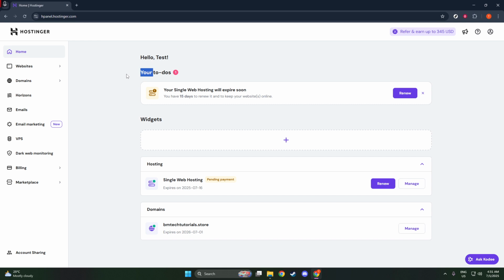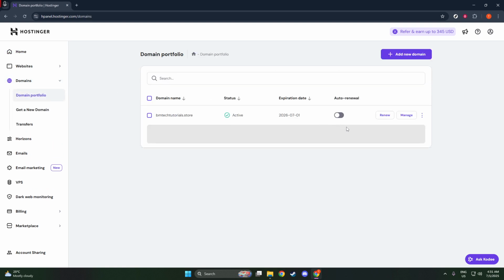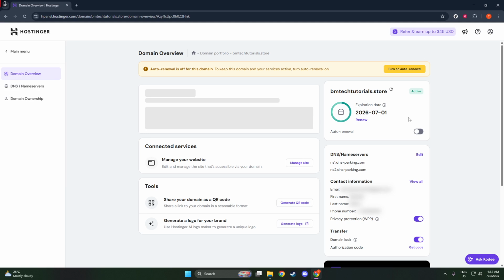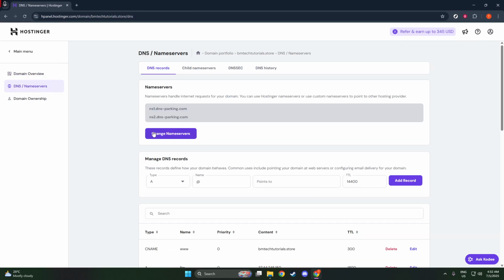If your domain comes with hosting, you'll want to navigate to the Websites section. From there, find the site you want to manage and click on the Manage button. Next, look for the Advanced section, and finally, select DNS Zone Editor to access your DNS settings.